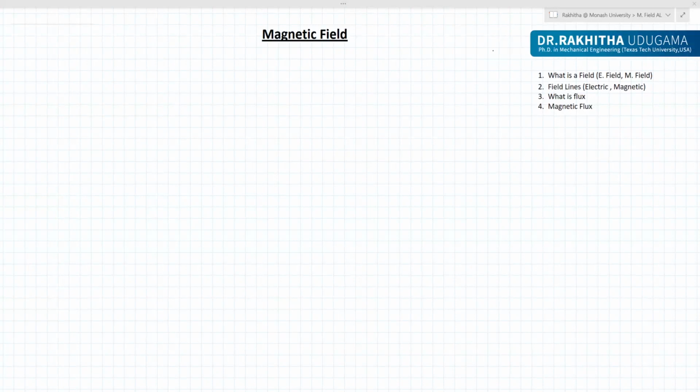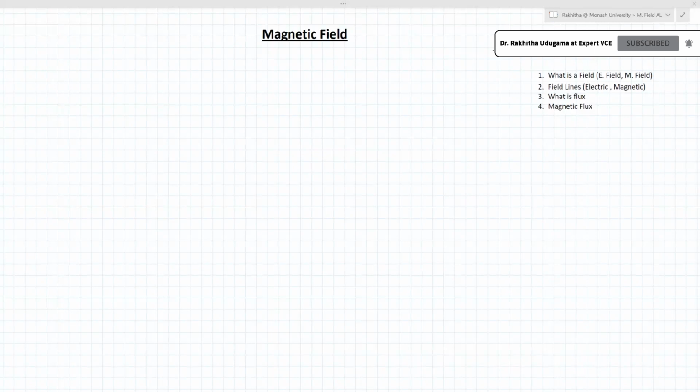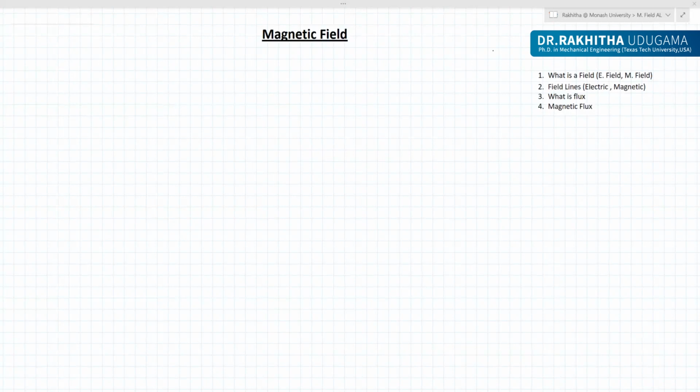First of all, we can't proceed with this lesson without knowing what a field is. Now we will understand what a field is first. There can be many fields. For example, magnetic fields in this lesson, electric fields, and if you think in general, think about a paddy field, a cotton field, an oil field. Then you can have an understanding of what a field is. This field idea can be extended to many quantities.